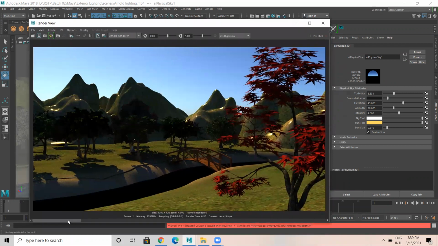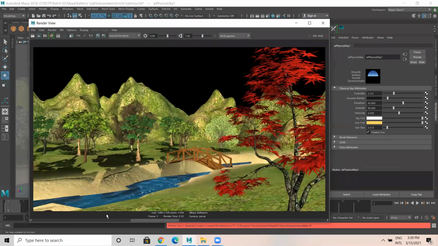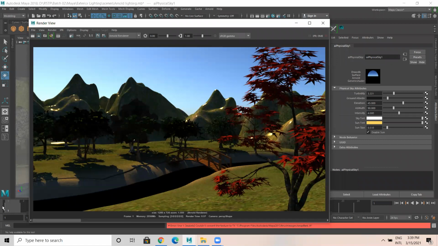Okay, I'm going to save this. So this took around a minute. This is Maya software. This is Arnold, and the Arnold quality is so good. You get solid depth and all. When we are working in Arnold lighting, we should have Arnold materials only, because it will give a better feel, better output. It's just a simple technique which I have shown you. So try doing something like this for an exterior.